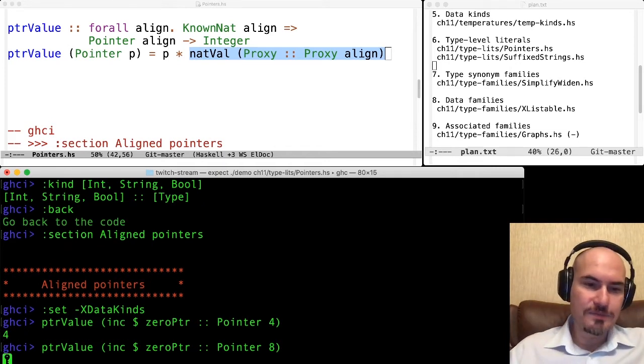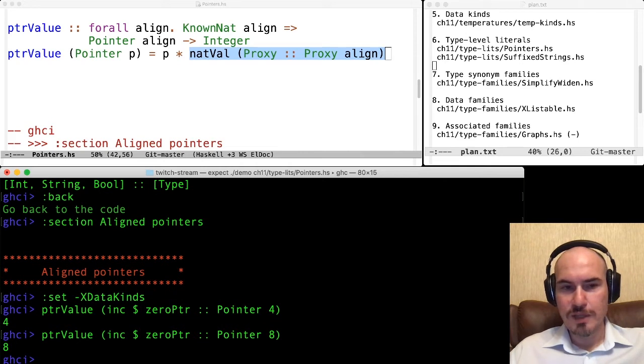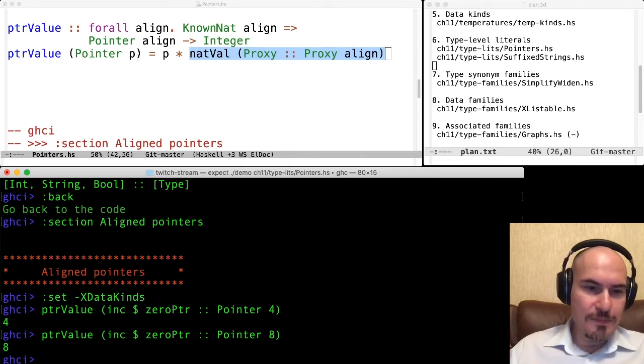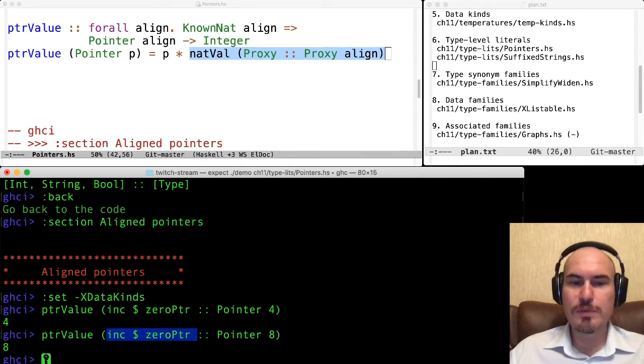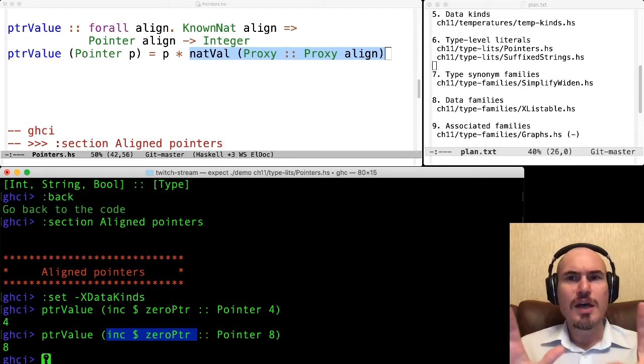Incremented by 1, 0 pointer aligned by 8 bytes will be 8. So you see that we have the same expression at the level of types. We increment 0 pointer, but we are able to use this information from the level of type. So this is real type level programming.